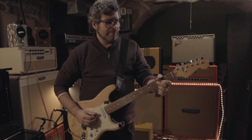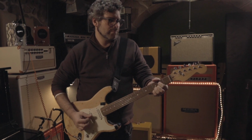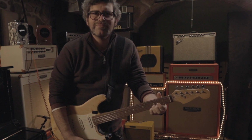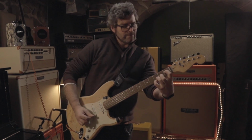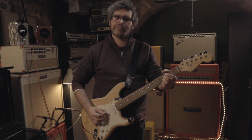If you use the neck pickup, middle, bridge again,